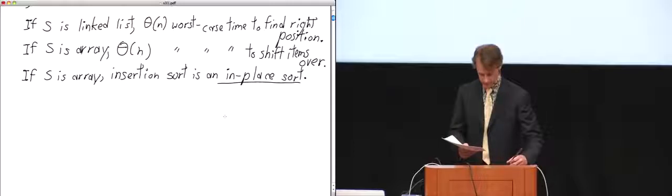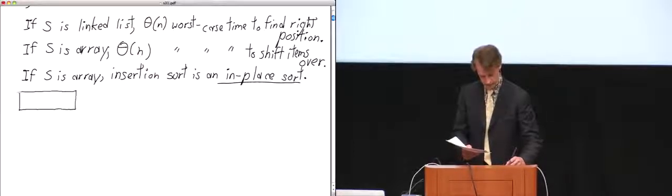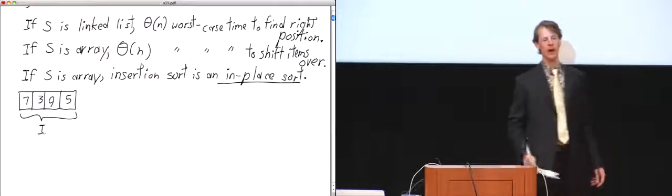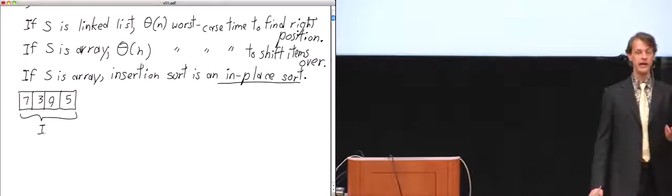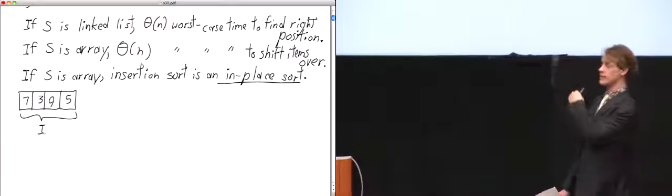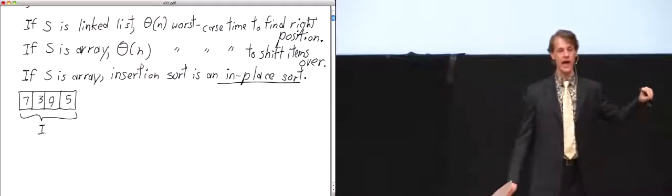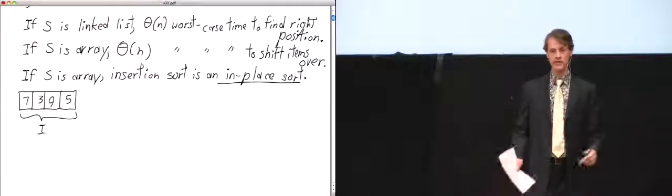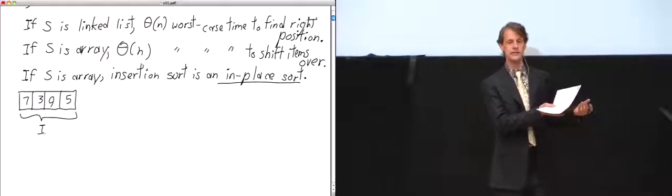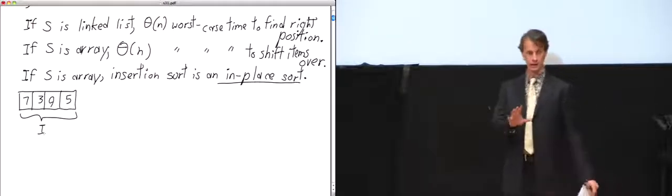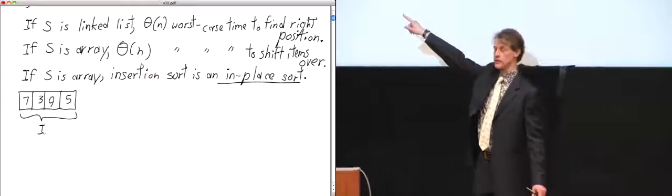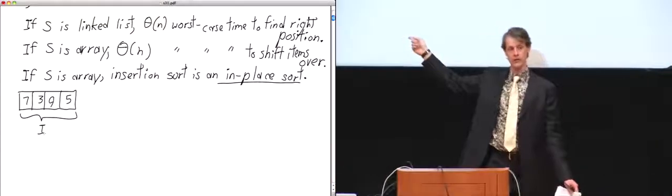So here's how we do an in-place insertion sort. Suppose somebody gives me this array to sort. So this is the input array, I. It's unsorted. Now, the code I gave you says we take items out of there one at a time and we put them into a sorted array S. But I want to do that in place, which means I can't create a whole extra array. I don't want to allocate that much extra memory. I want to do all the sorting right in this array. How do I do that?